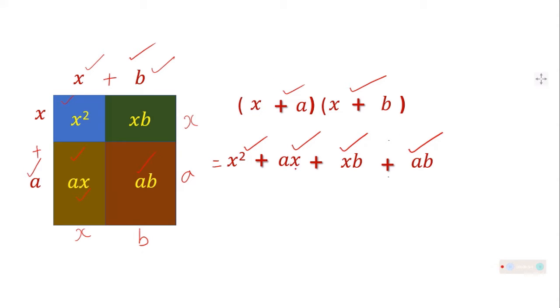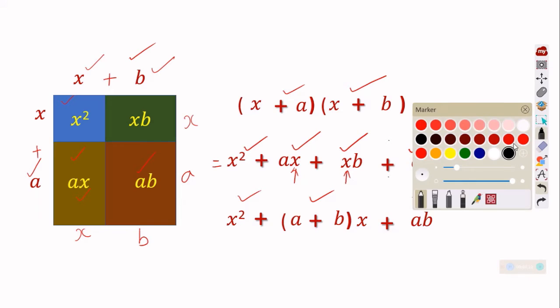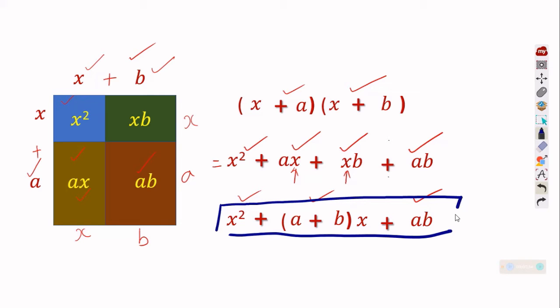And we can see that x is common here. So we'll keep x out and we can restructure the formula like this. So we made a new expansion. (x plus a) into (x plus b) is equal to x square plus (a plus b) into x plus ab. Remember this. This is the first expansion you have to study. Just to make you feel the expansion is important, this you have to learn by heart and apply whenever time comes.